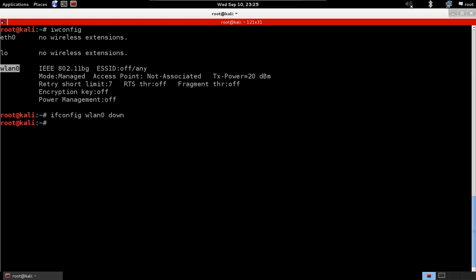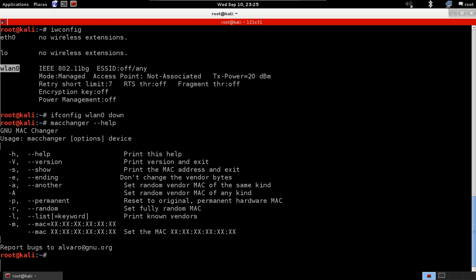Now we're going to change the MAC address. We're going to use a tool called MAC Changer. With these tools, it's always a good idea to look at the help. If you just run macchanger --help, we'll see all the options that we can use with this tool. You can use --help, and -V to show the version, and -s to show your current MAC address,